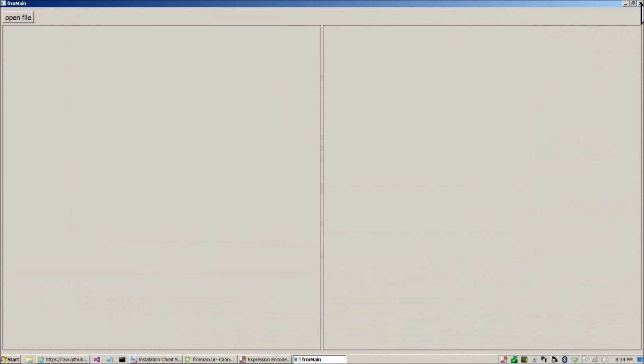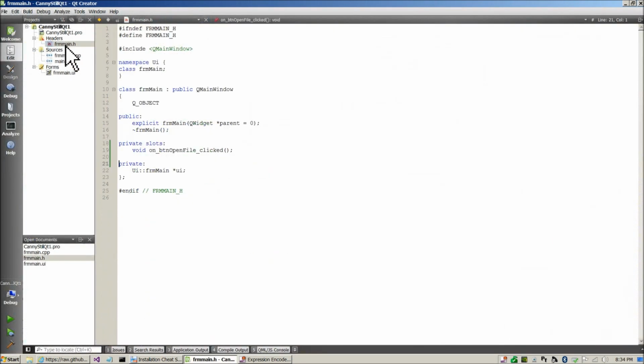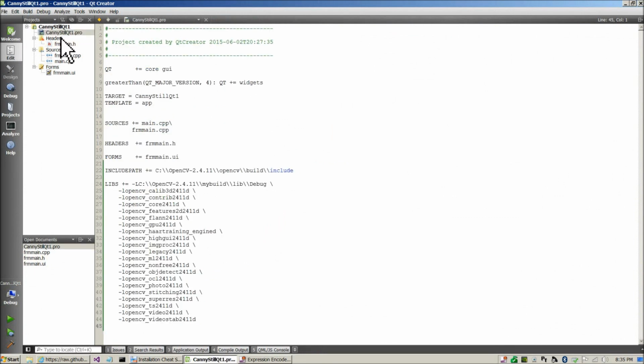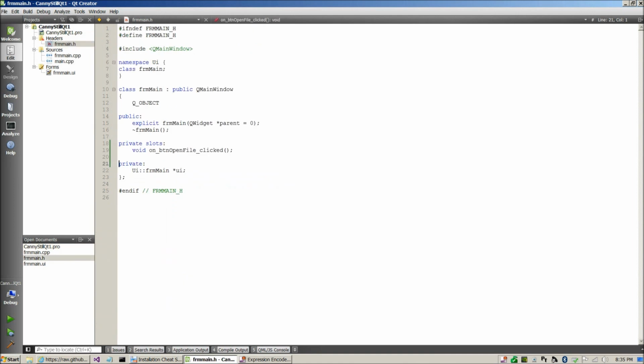And it's a regular Windows form, of course. We can drag it around, resize it, etc. So we're all done with the front end now, and now it's just a matter of doing the code. So let's jump into, and we already did canny still qt1.pro. That's just copying and pasting in those. So now we'll do the rest of